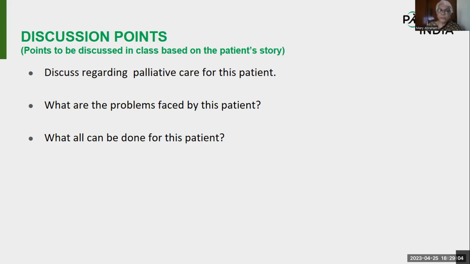There's a question here. Since it's traumatic paraplegia, is it nociceptive pain? Traumatic paraplegia will only cause neuropathic pain, not nociceptive. I told you, a lesion anywhere in the nervous system will cause neuropathic pain. So it is not nociceptive. Please take that out. It is only neuropathic pain that you get after traumatic paraplegia.